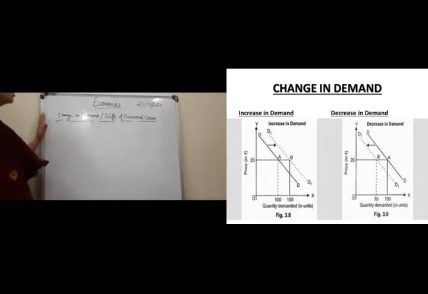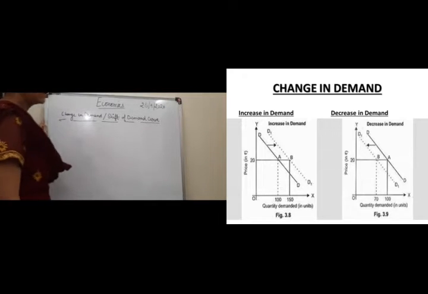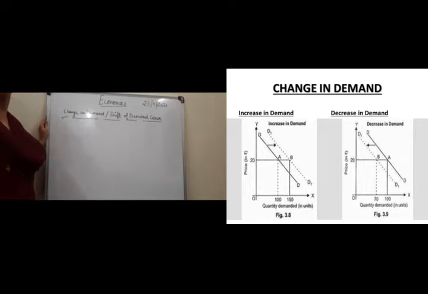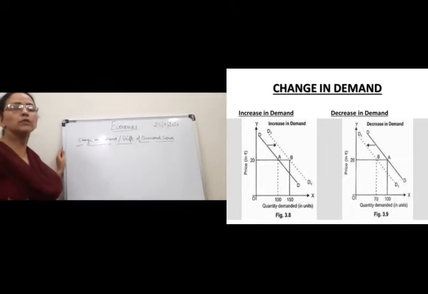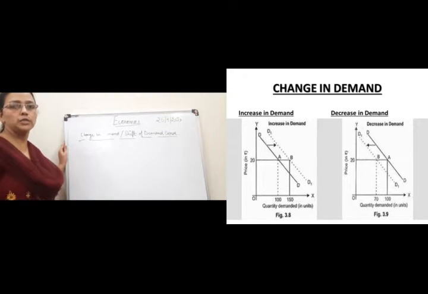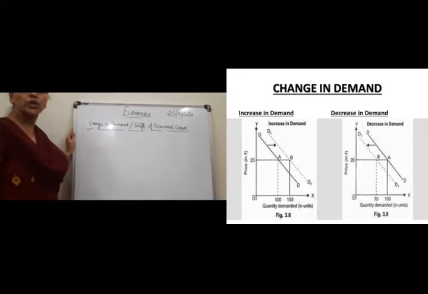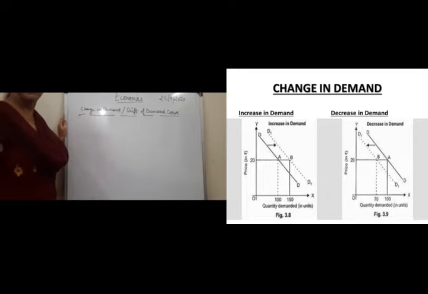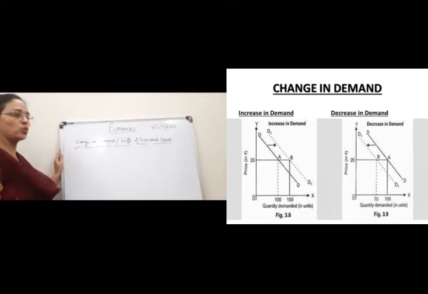The second topic is change in demand, or you can talk about it as shift of demand curve. Now when you talk about shift of demand curve, earlier when you were talking about the change in quantity demanded, you were referring to a change in price. Resulting from the change in price, the movement was taking place on the demand curve. But here when we are talking about change in demand, we are not talking about the change in price, because this change takes place because of the other factors. Alright, so let's see how the change in demand takes place over here.